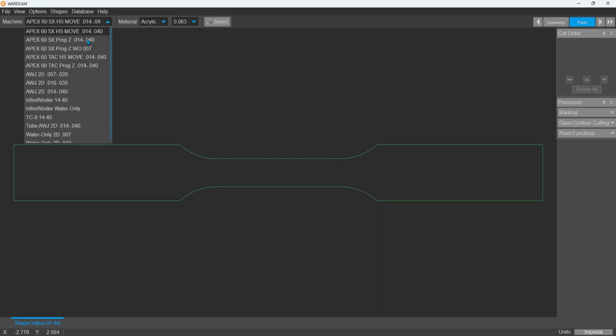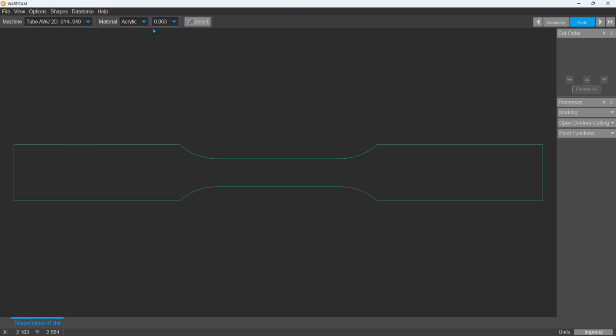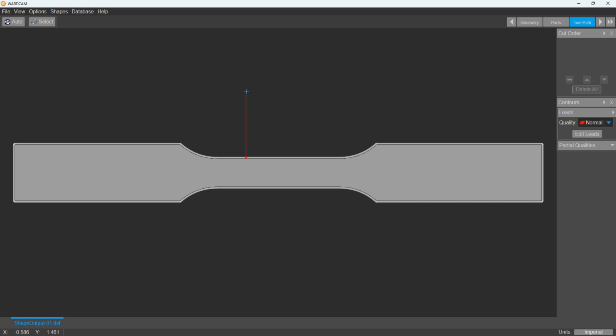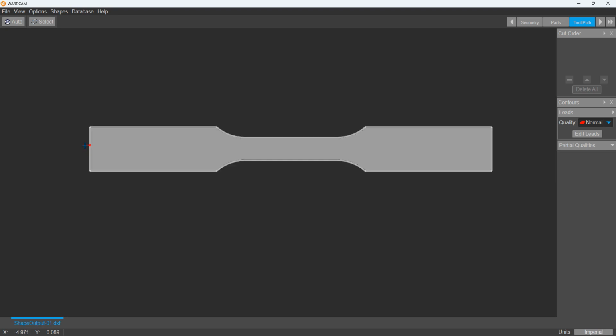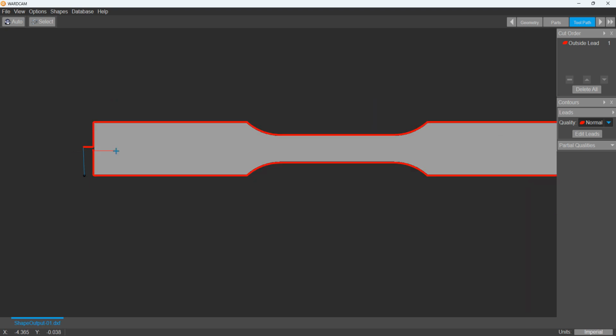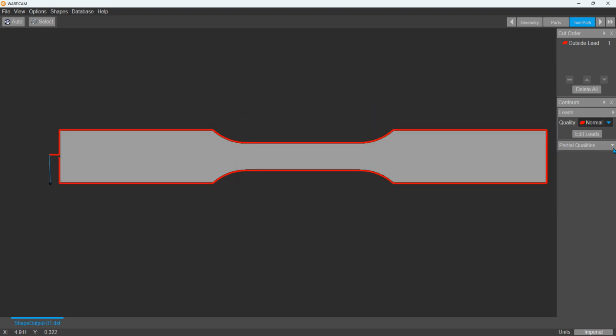And then we're going to choose that new machine, choose your material, wall thickness, hit your next button, and when you apply your toolpath, you're probably going to want to put your lead in at the apex of the tube. So if we envision that we're going to have the tube going left to right on the table, we're going to put our lead in here, a bit of a tab there,